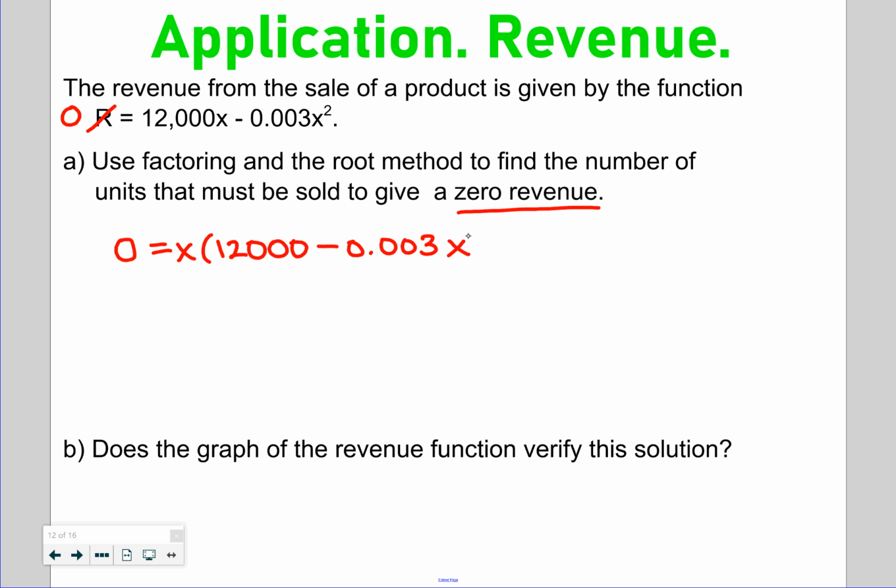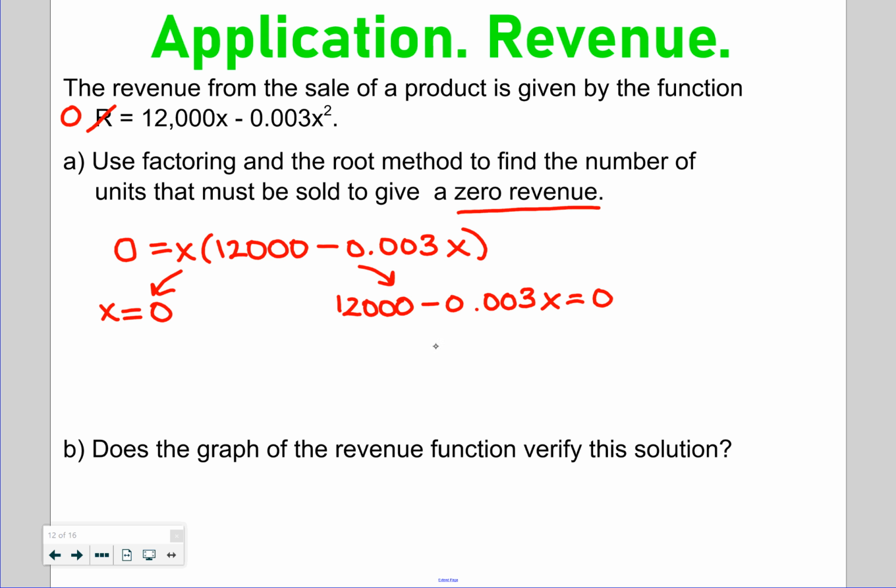0.003, and I'll just be left with an x there. And now I can set both of my factors equal to 0. If I set my first factor x equal to 0, that's my first answer, 0. If I set my second factor equal to 0,